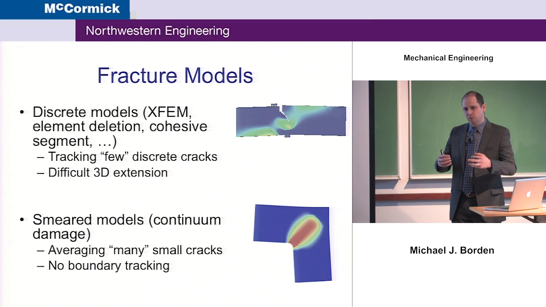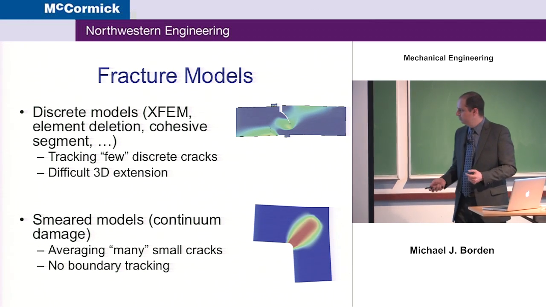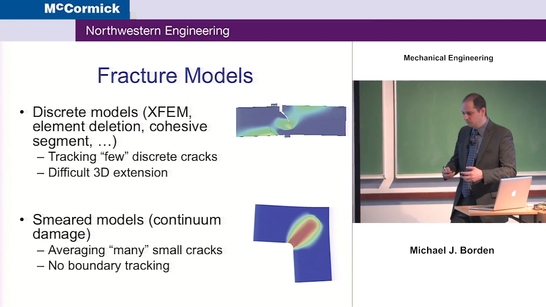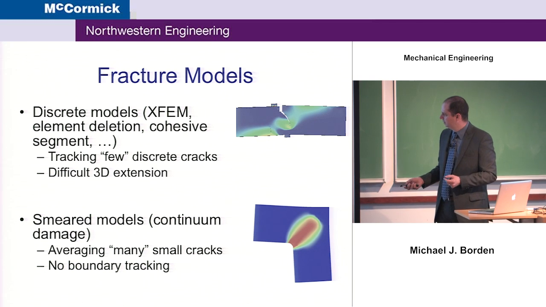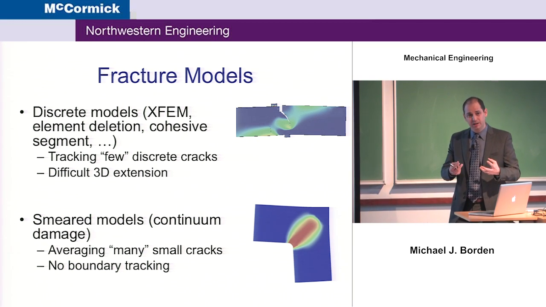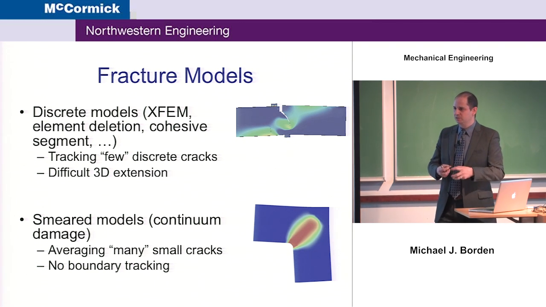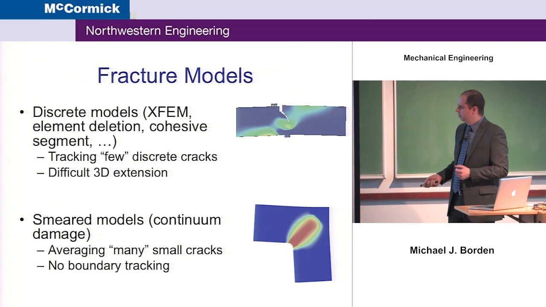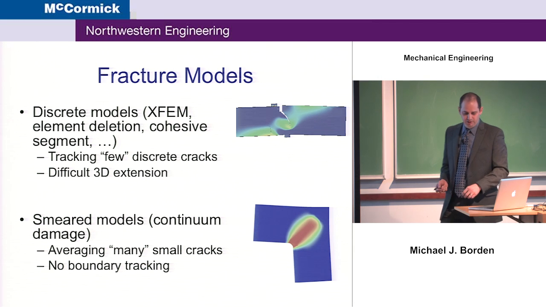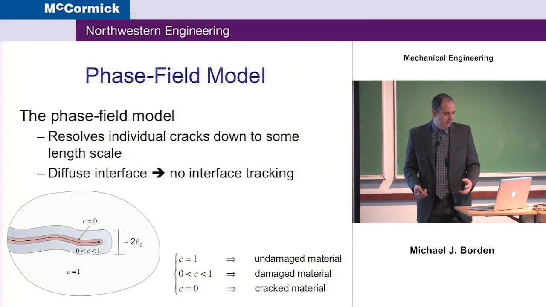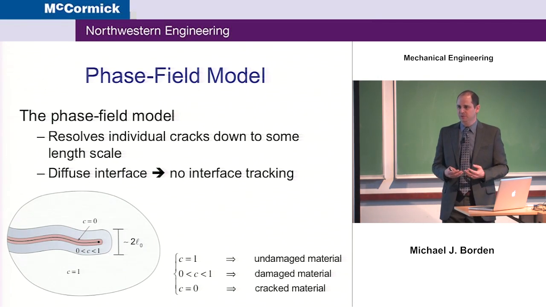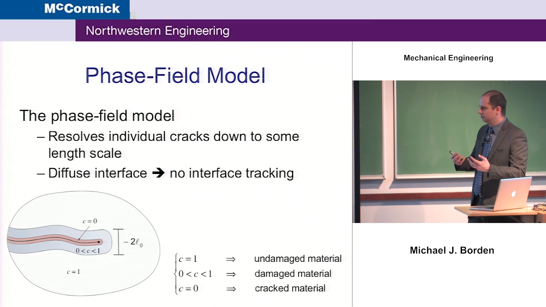And the idea here is you average, in some way, many small cracks. This is a popular method for doing something like concrete, where you get this cracking in a kind of localized reduction of strength in the material. But the nice thing is there's no boundary tracking. And so we want to combine the strength of both of these methods into a single methodology, and this is